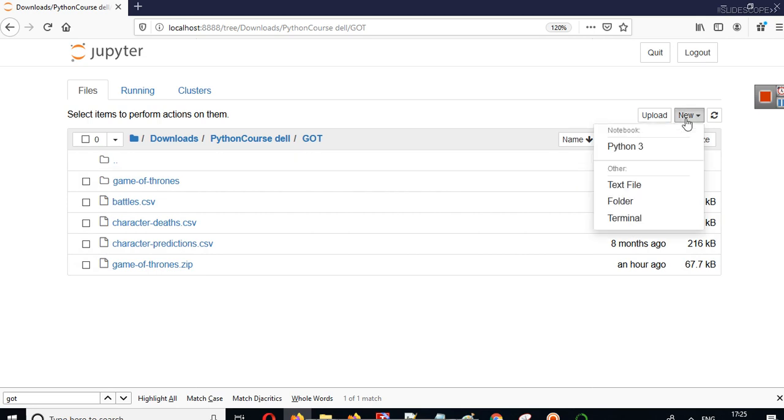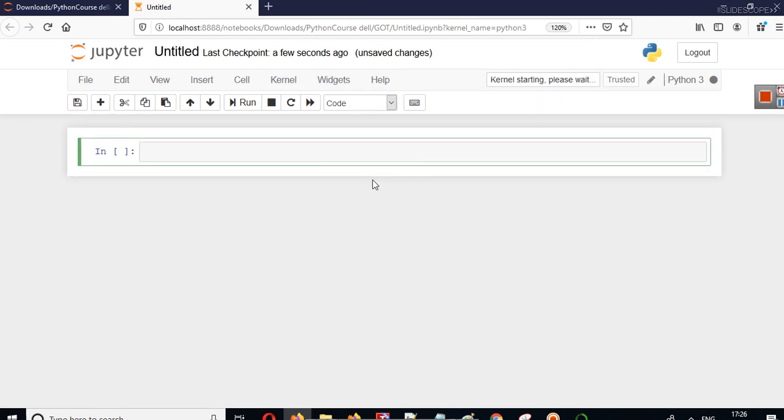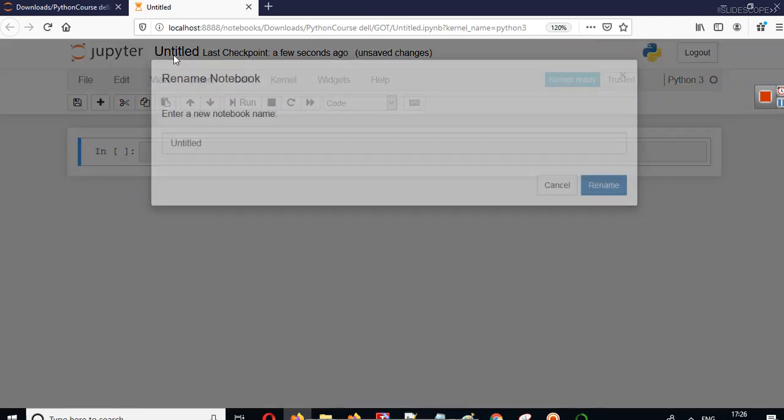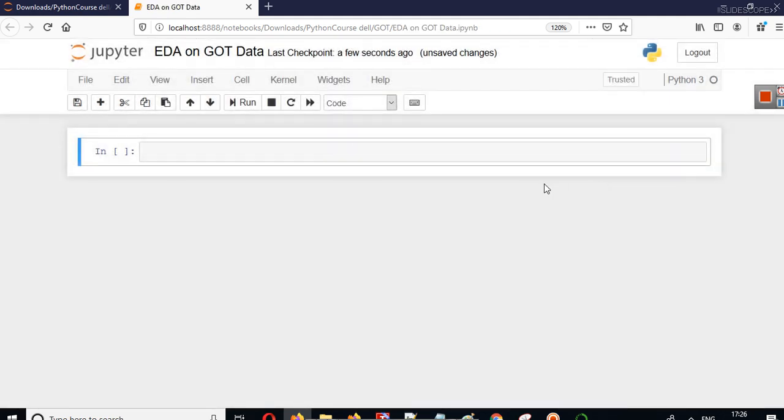So you have to open a new Python 3 file here. The current version of Python is Python 3 here, and now in Jupyter Notebook we can name it anything. Let's say EDA on GOT data: exploratory data analysis on Game of Thrones data.